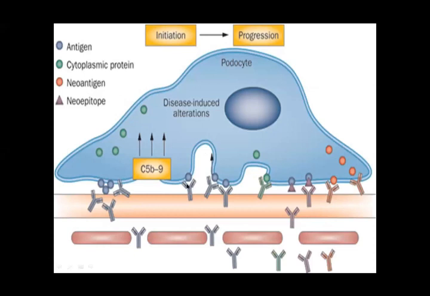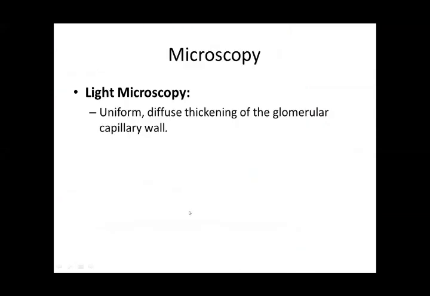So the complement components and the antibodies, these antibodies are of IgG type. Light microscopy, what will you see in the light microscopy? Uniform diffuse thickening of the glomerular capillary wall,